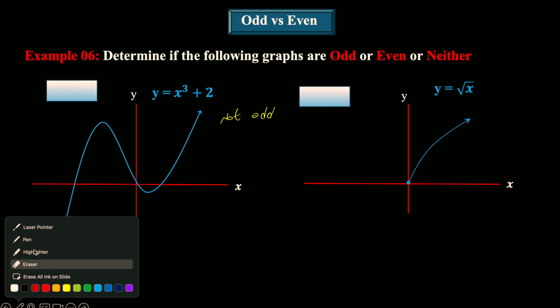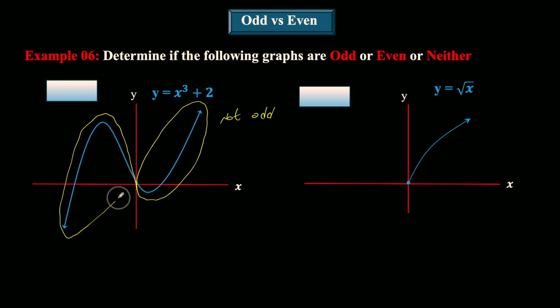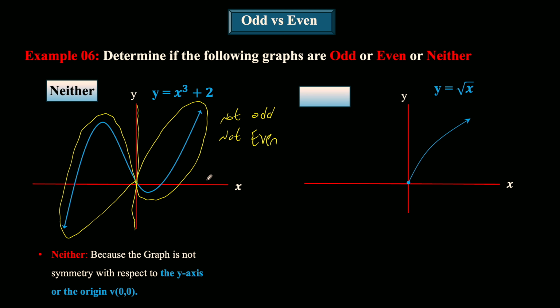So you see that this part is not symmetric with this part with respect to the y-axis. Okay, you see one goes up and one goes down. This is too small, this is too large. It is not symmetric with respect to the y-axis. So it is not even also. That's why it is neither. Okay, neither because the graph is not symmetric with respect to the y-axis to be even or the origin to be odd. Okay,